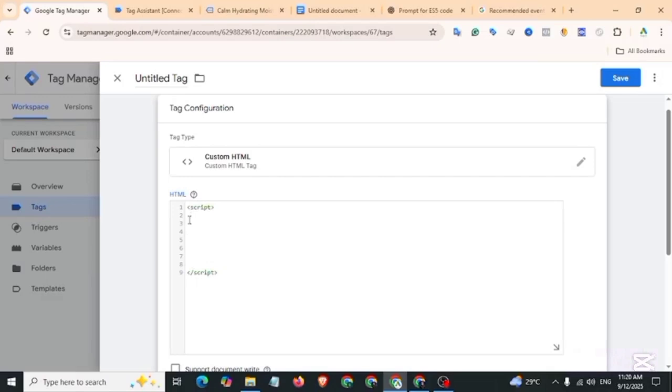Then write this code: window.dataLayer. Assign window.dataLayer operator, then square bracket, then semicolon, then window.dataLayer.push parenthesis, then curly braces, then event name,